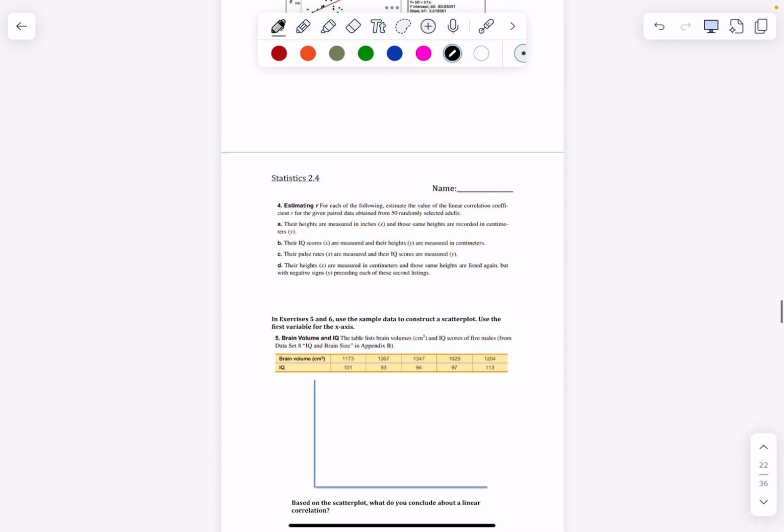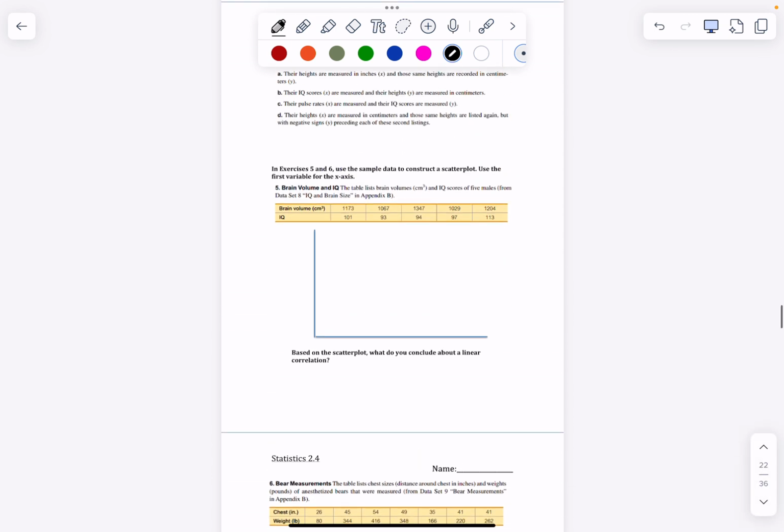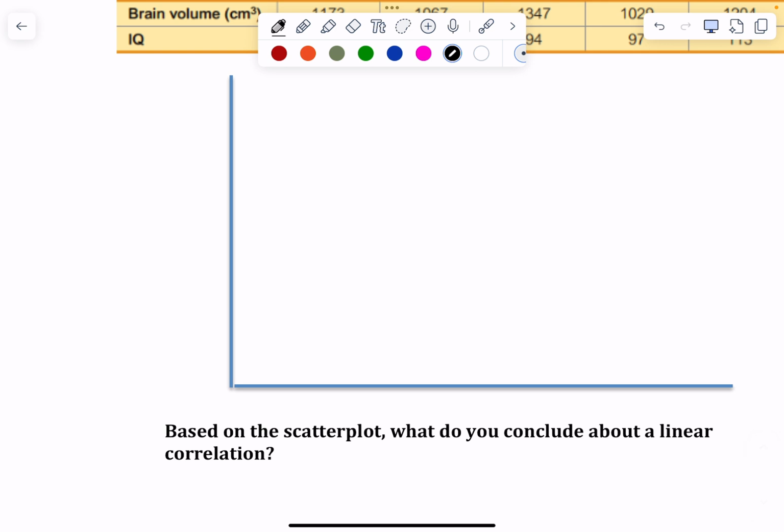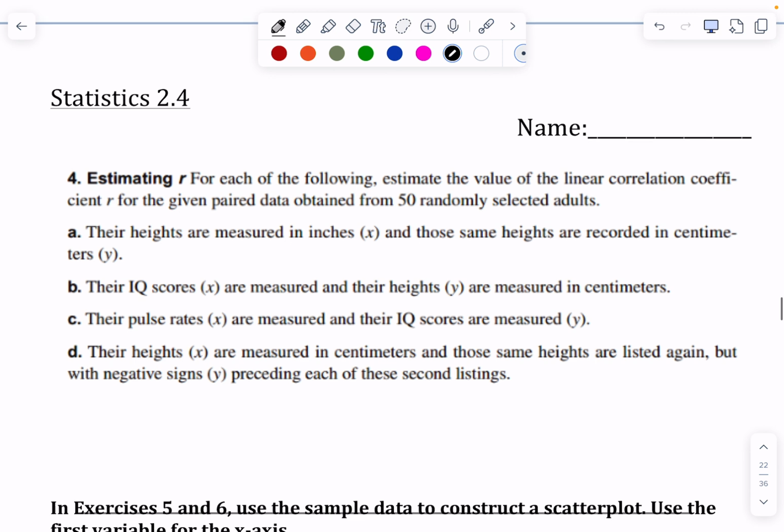But here's what I want you to do. 5 and 6 are graphing the data, so it's just a scatter plot, and then you answer the questions. What do you conclude about a linear correlation? Number 4 says they want us to estimate what you think an R value would be